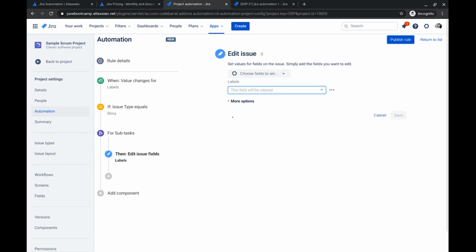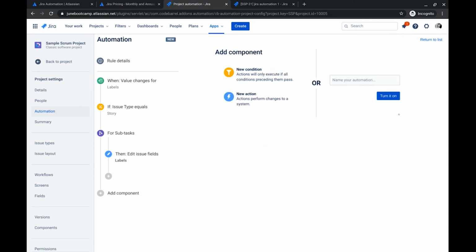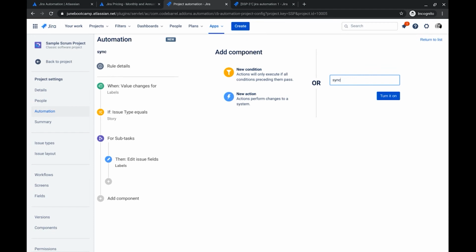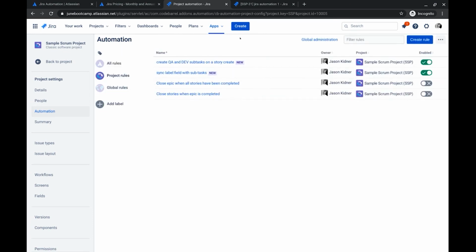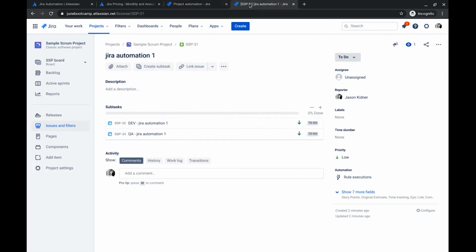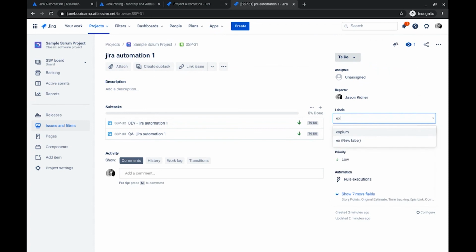So let me go back and edit this. So I want to choose a copy from parent so that the label field is copied from the parent. And this time I have to give a name again and turn it on. So this is on, so let's try it out. Let's go back to our story, and this time I'm going to edit the label field, put the label XPM on it,